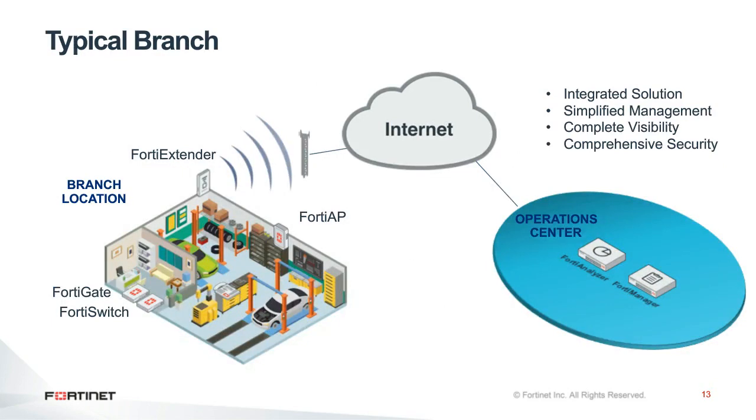In a typical branch, this is how we will see it. The FortiGate provides security and SD-WAN networking, and acts as a switch and wireless controller, with the FortiSwitch being the LAN and the FortiAP the wireless access points. We've also seen some branches that need 3G or LTE access as a backup, and that's provided by the